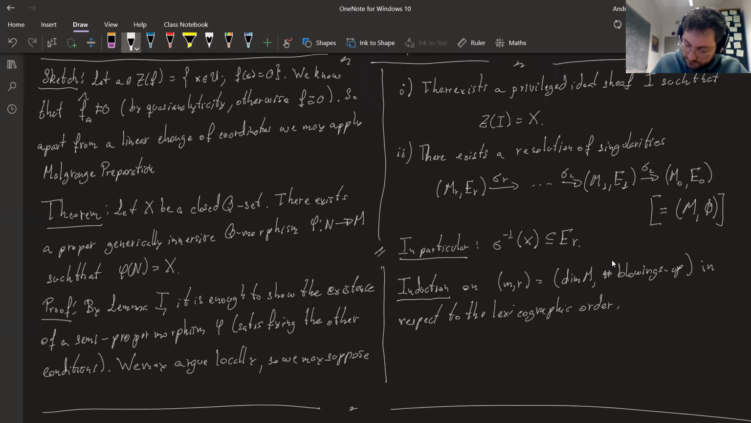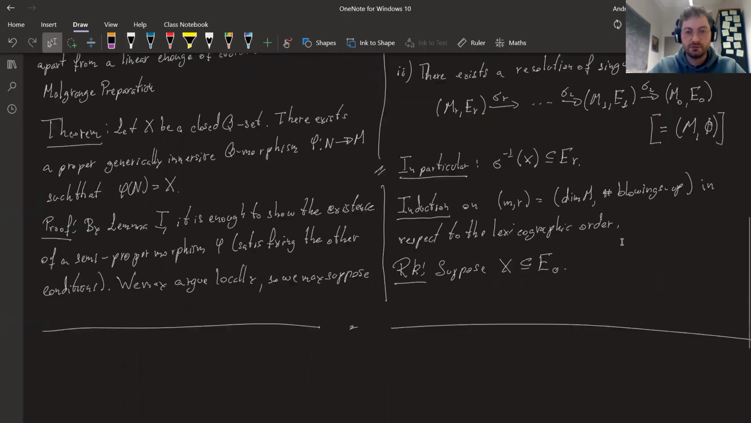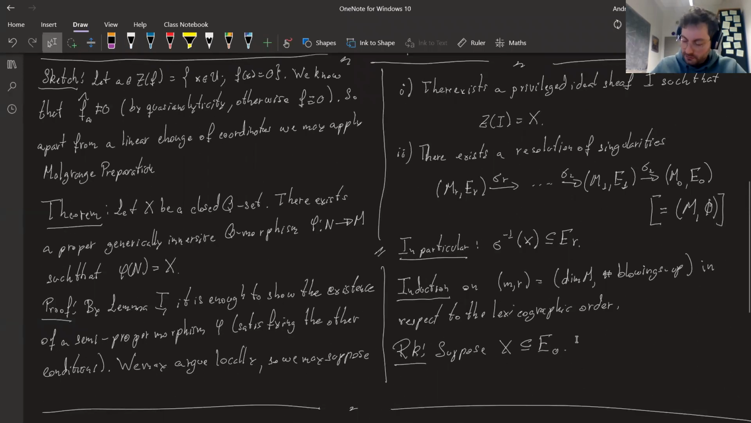So first, a kind of trivial remark here, but which is going to be useful just to simplify things later on. Suppose that you start with X, which is contained in the exceptional divisor E0. Then in this case, there's actually nothing to do in some sense. We can use the induction in a very simple way. So in the case that it's going to be contained in the exceptional divisor, recall